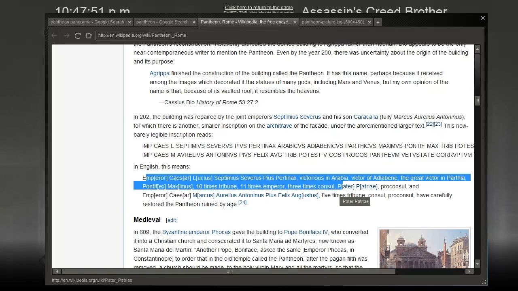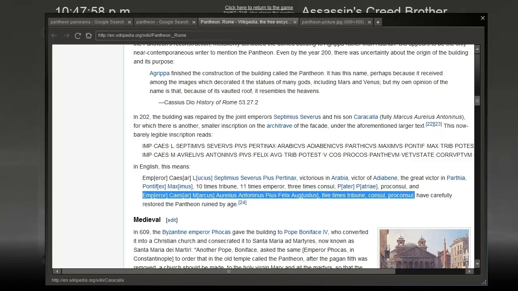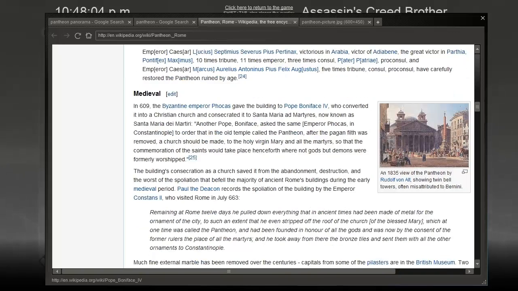His name, that's the first guy's name, and then that's the second guy's name. These guys. Alright, so in the medieval times, wait a minute, there's 2 extra things. There's 2 bell towers. Anyway, in 609, the Byzantine Emperor Phocas gave the building to Pope Boniface the Fourth, who